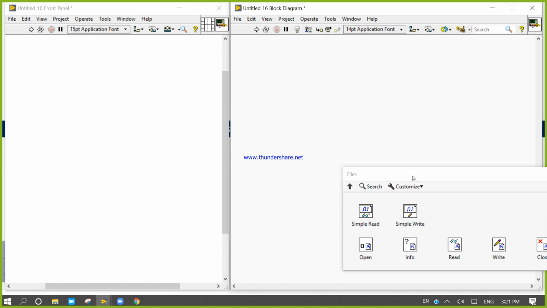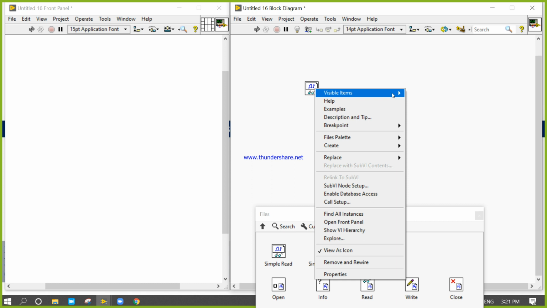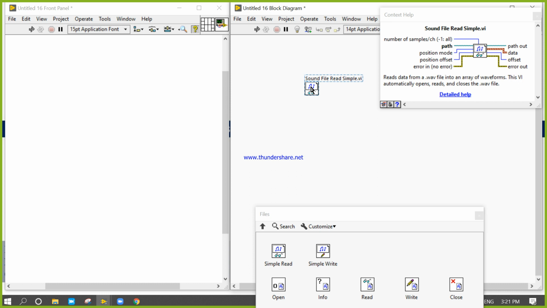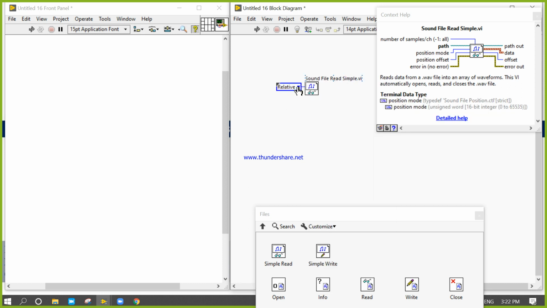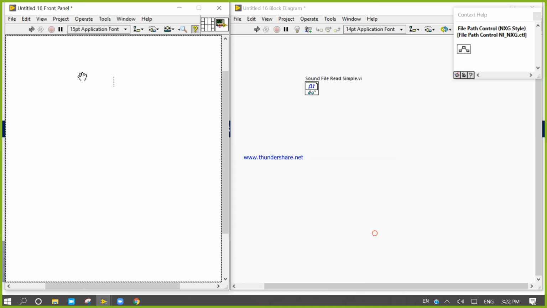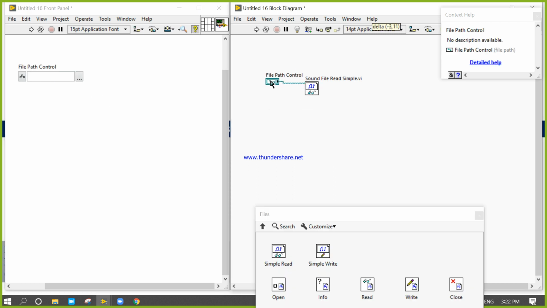So for that, sample read, right click, press Ctrl H. Ctrl B, right click, front panel, take one extend path, take one path control, connect here.